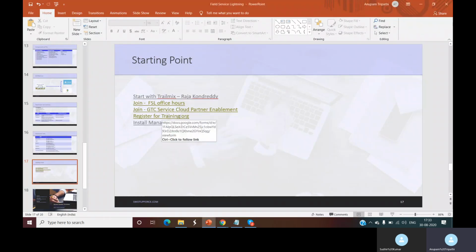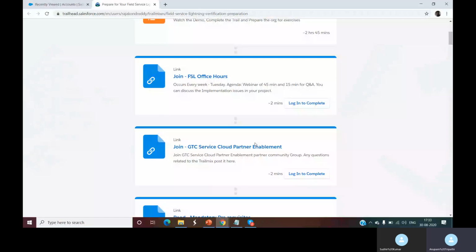Thirdly, you can register for a training org. For the training org, there are two ways to register. One way is, if you are doing Trailhead and you have a Trailhead account, you can create a developer playground there. There is a managed package available, which I'll tell you about shortly, that you can install in your Trailhead dev org, and then you can play with it. The only limitation is that it has limited users. I think you only get 2 Salesforce users and a limited feature set of permission set licenses.